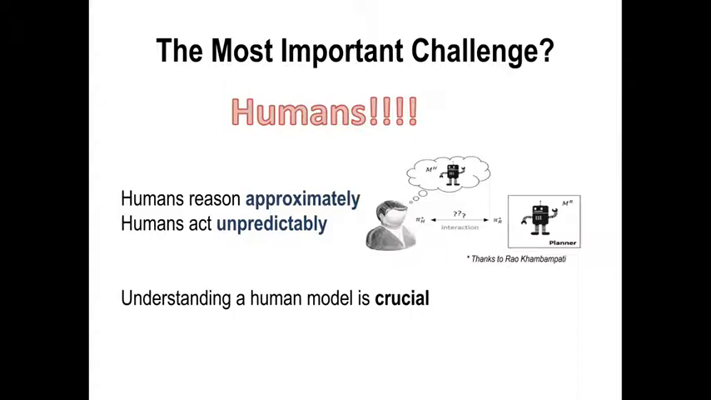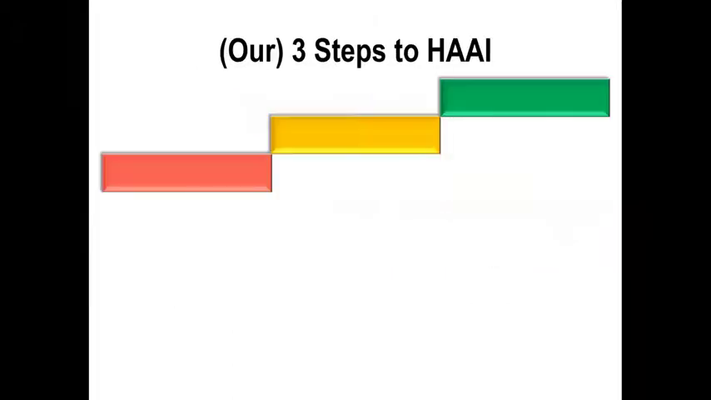So we need to make sure that we understand what the human is trying to do. This is something that we are currently trying to do: model the human and understand what he or she is looking for and how we can make that work. Okay, so to do that,